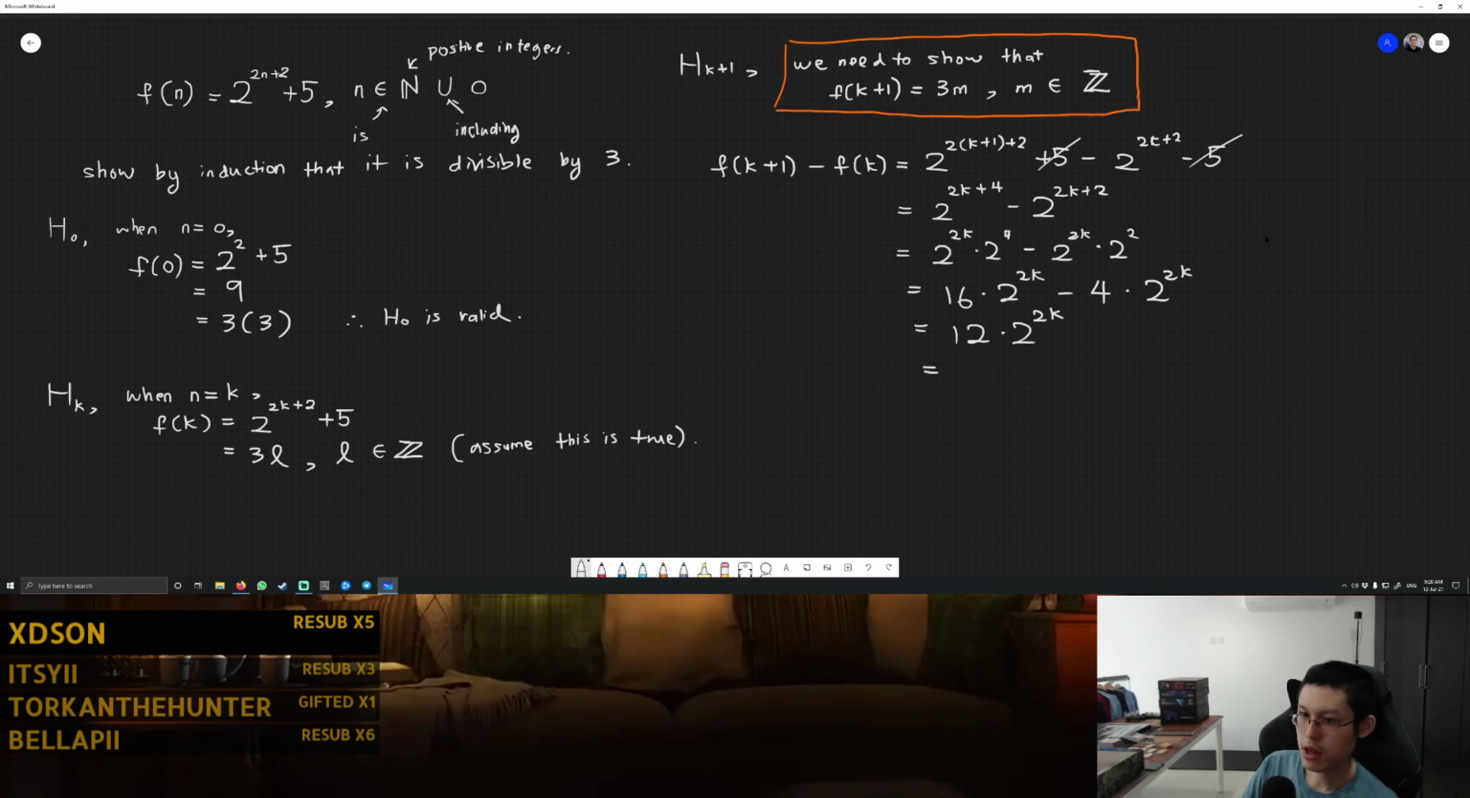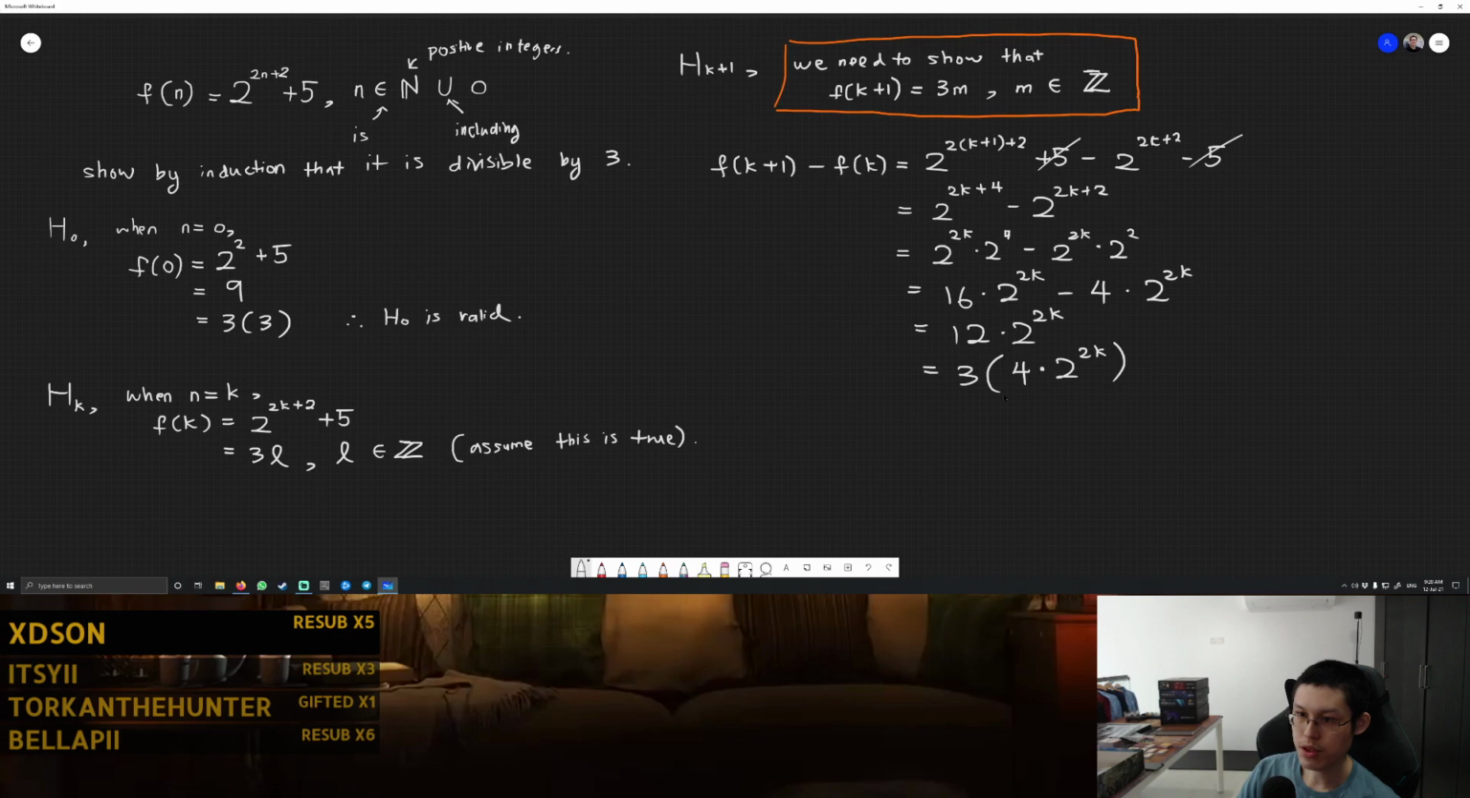And you can see that we can take out a 3, and this becomes 4 times 2^(2k). So this tells us that the difference between the two functions is also a multiple of 3, because 2^(2k) is just some integer, and if we multiply it by 4, we just get another integer. So this has to be a multiple of 3. So if the difference of two functions is a multiple of 3, and assuming that fk is in fact a multiple of 3, so it's divisible by 3,